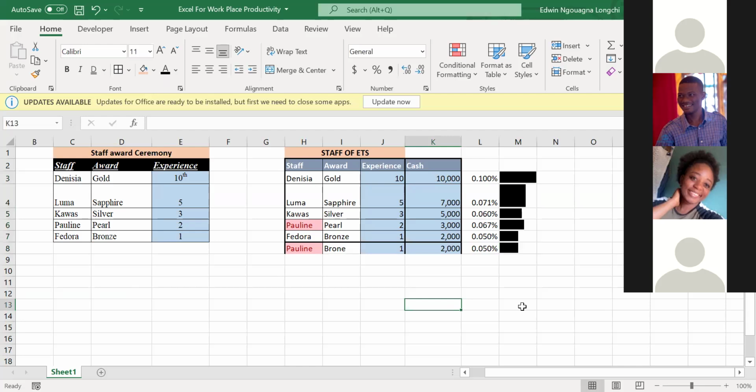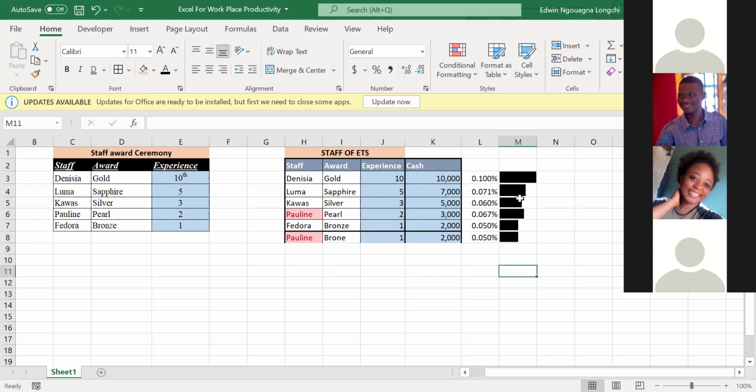Okay. And if you want to reduce, why is this one so big? Okay, let's reduce this one so that it looks better. You see? So we have done a little bit of analysis here. You can see that this one is the highest. You can appreciate the bars, but just playing around. All right. So that was conditional formatting. We have 12 minutes to go. No problem. If we can plot just one chart today, there's no big deal.